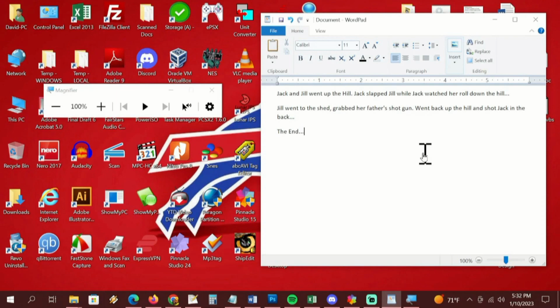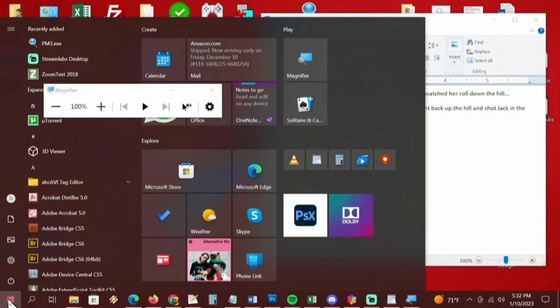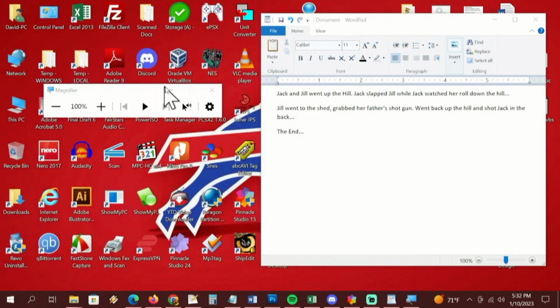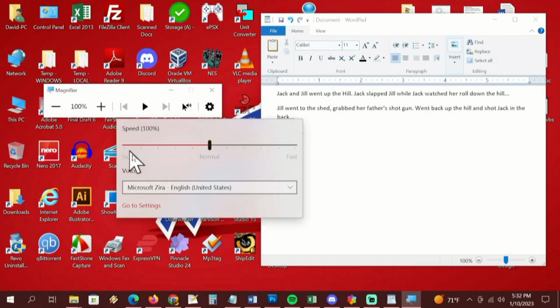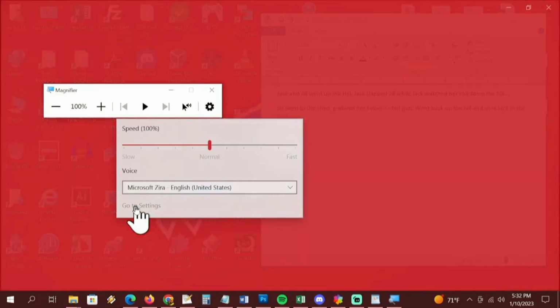Settings. Okay, to get to the settings, you can either go through the control panel, which is kind of a pain, or you can just turn on magnifier, or if magnifier is already on, you just hit the settings button, or you can use the Windows key, Control M, and that will also pull up the settings. So we're going to pull up the settings, and the first thing that pops up is this little mini settings window. All this does is control the speed of the voice and the type of voice that the narrator will use. Go to the actual settings, click on the settings,